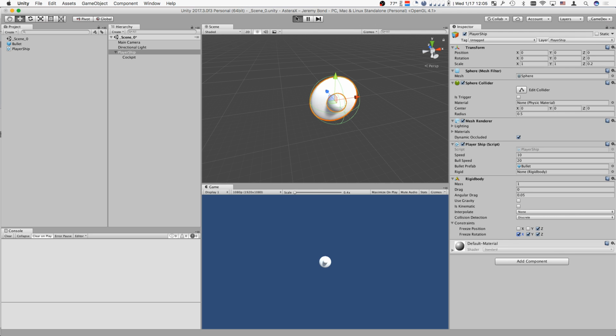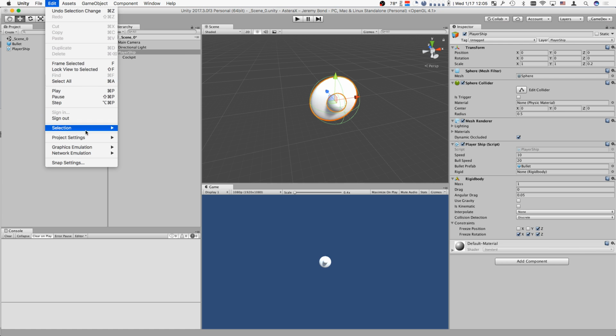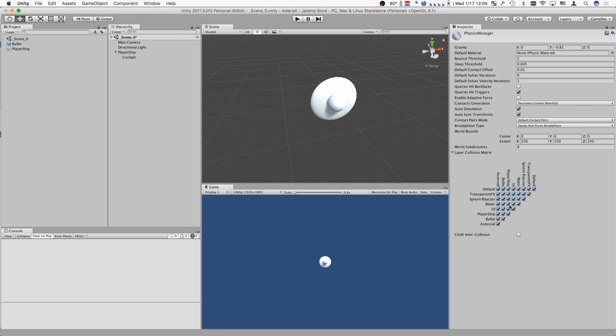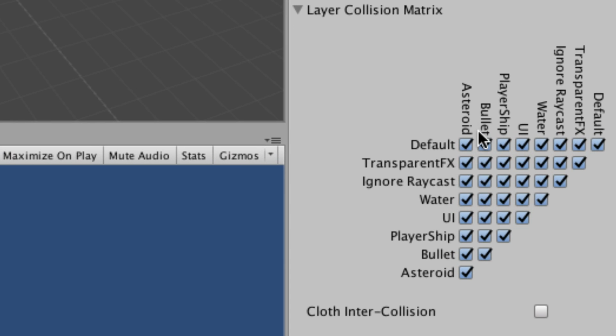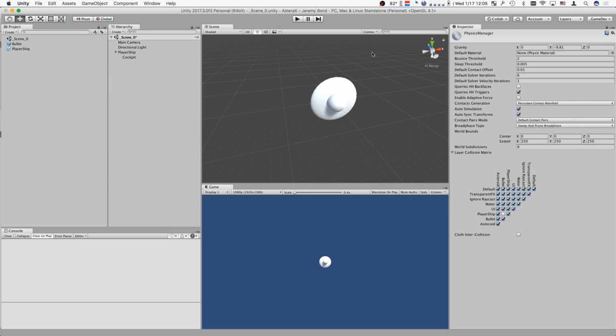We'll still have the problem with the bullets pushing the ship a little bit, but we're not going to have a problem with the ship rotating. Now let's get rid of that collision thing. So Edit, Project Settings, Physics, and I'm going to go here: bullet, bullet, bullet, bullet, player ship. Bullets don't hit the player ship. And that's it. Now I save this and I hit play,